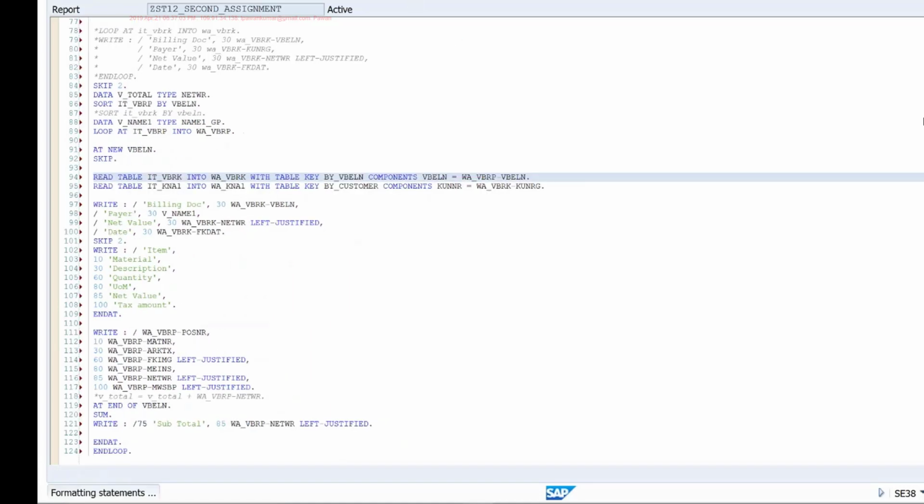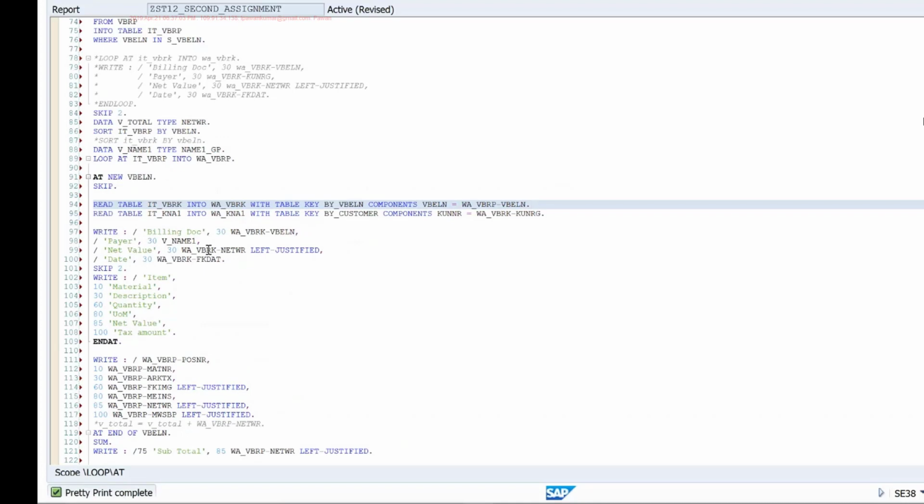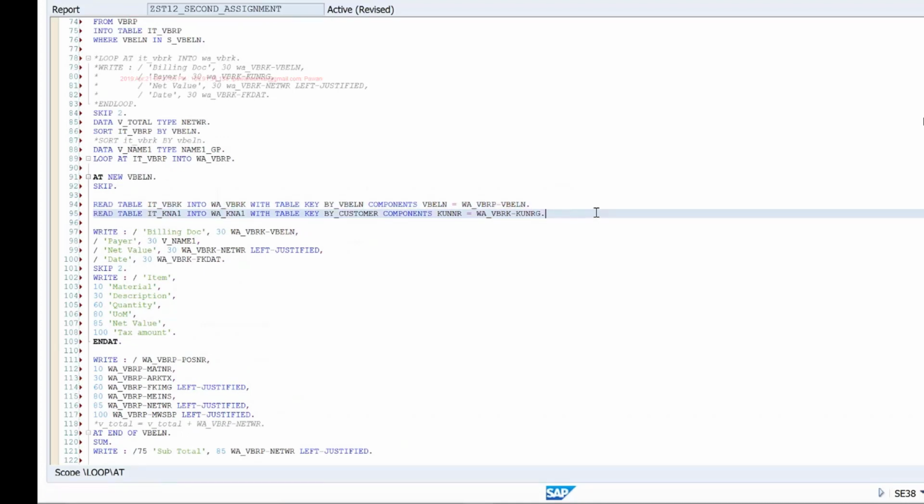So you can use this Pretty Printer to format your code better. And okay, I'm using this secondary key. Make sure you notice the syntax. Initially you'll take some time to get used to the syntax, so pay close attention to the syntax.